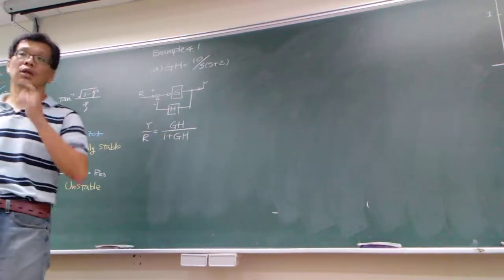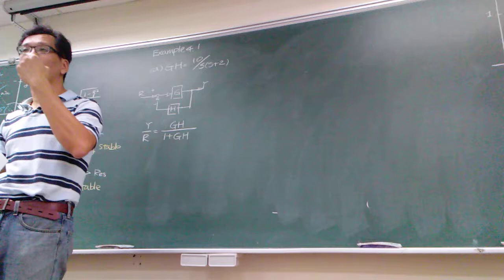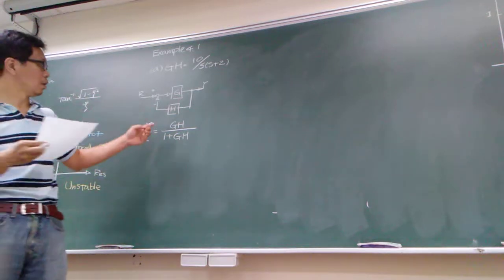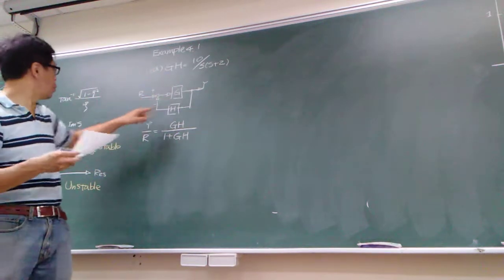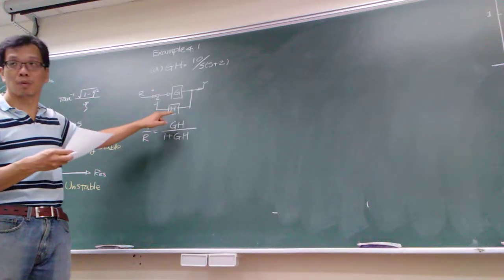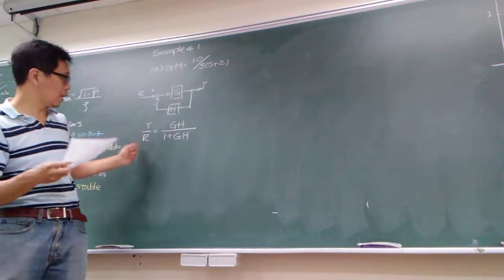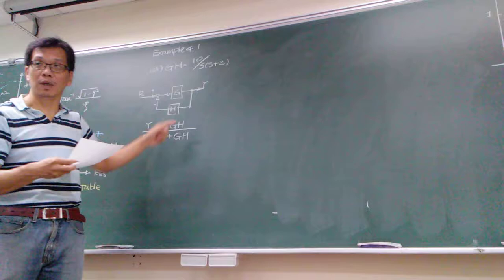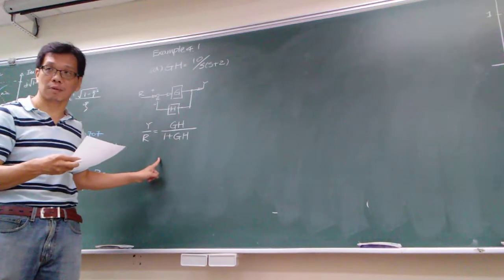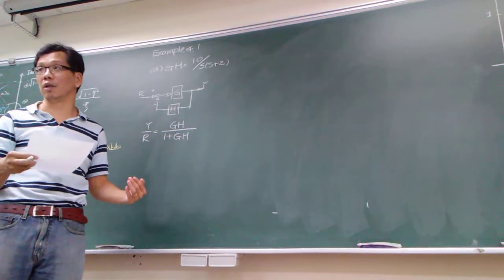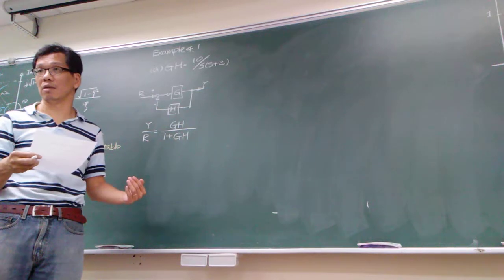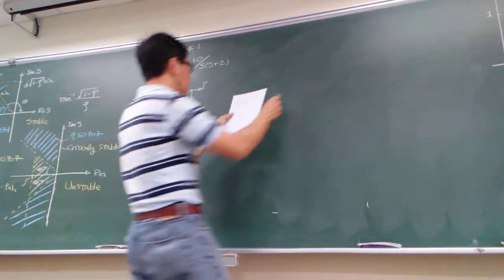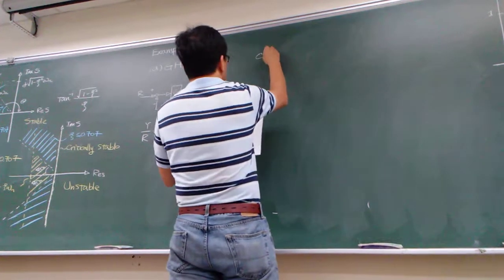So keep in mind when you are doing the analysis, we are not analyzing the coefficient of this one and this one. We analyze the system as a system, which means you will need to get the closed loop transfer function before you start to do the calculation. Does that make sense? So when we have this one over here, my characteristic equation